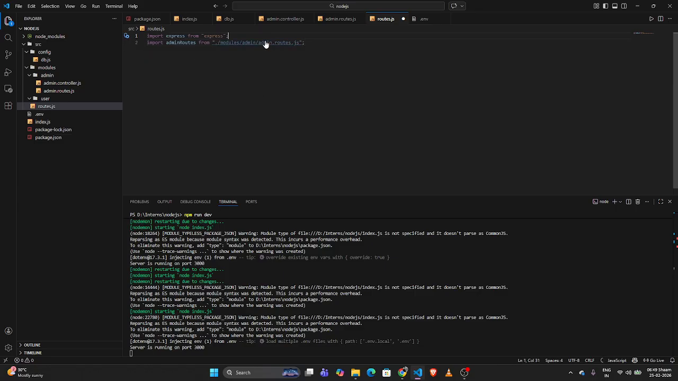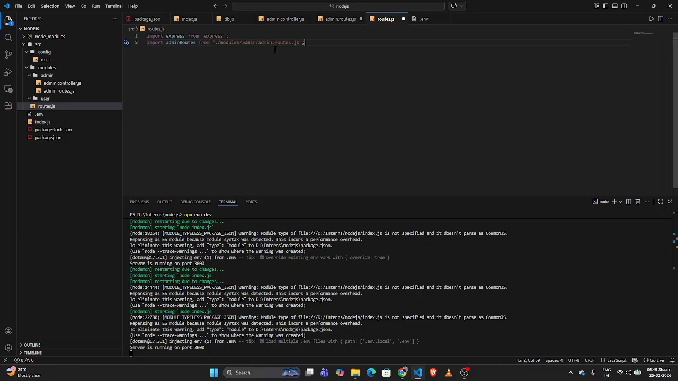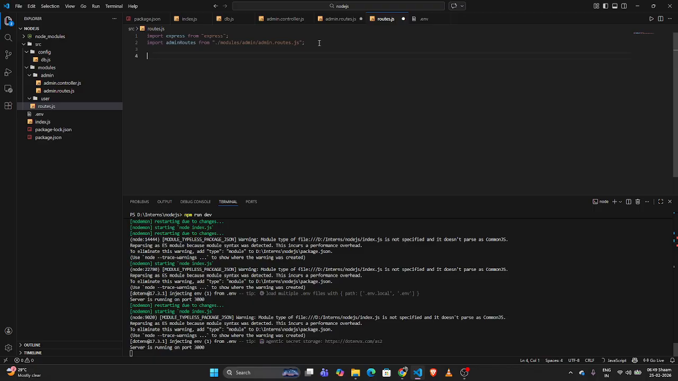So you can see from here, in the admin routes, I just imported everything. So this is sending all the routes. If you have any other routes also, they will be accessed here. Okay. So right now, I'll create one